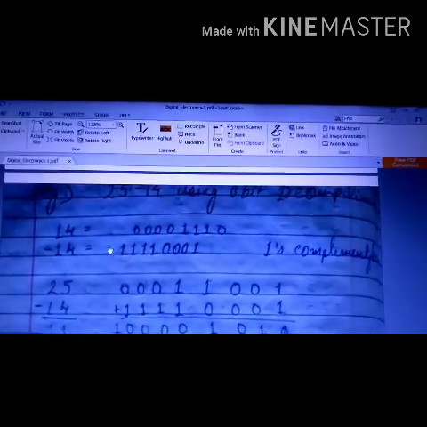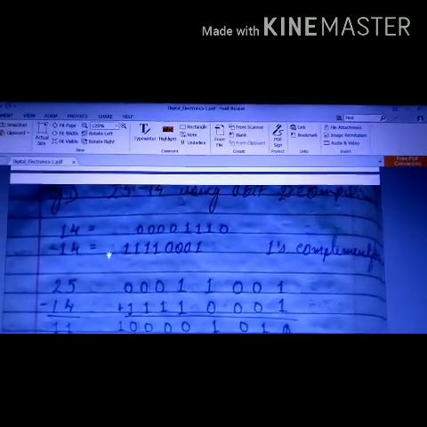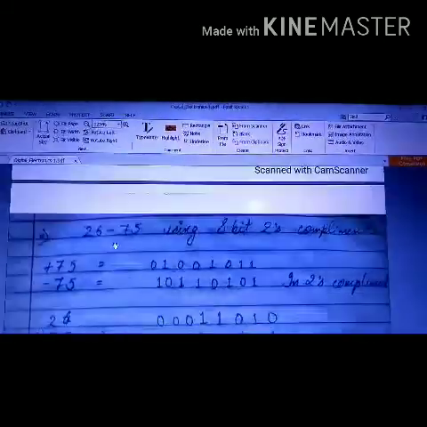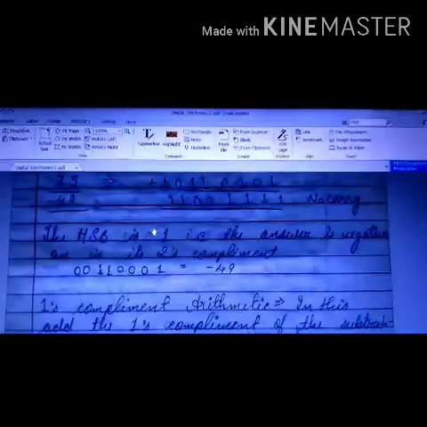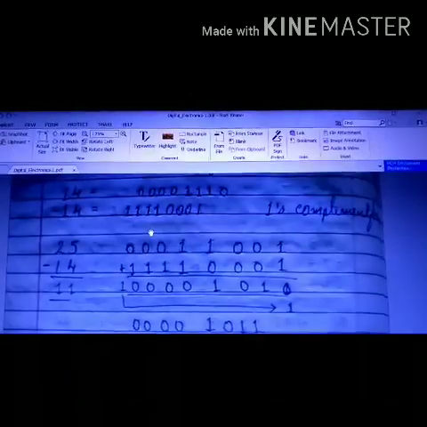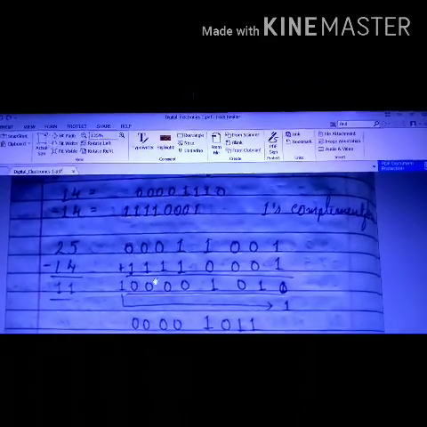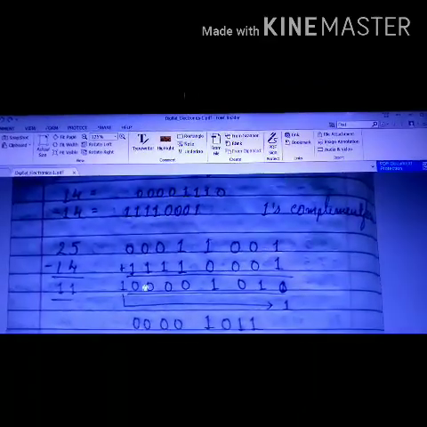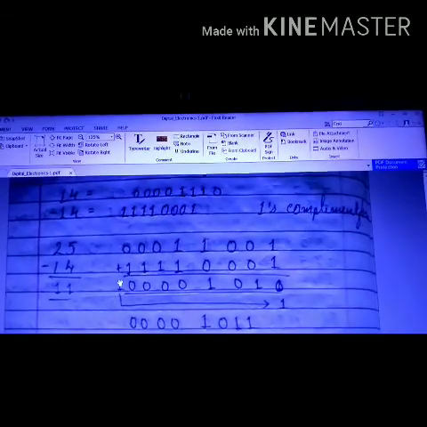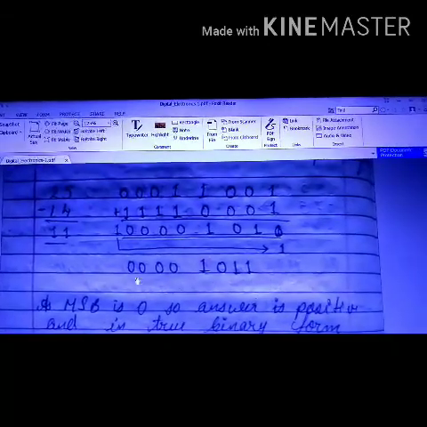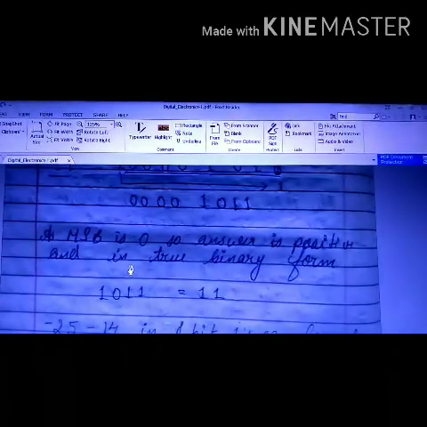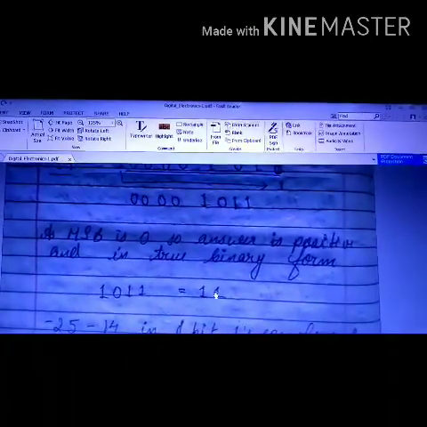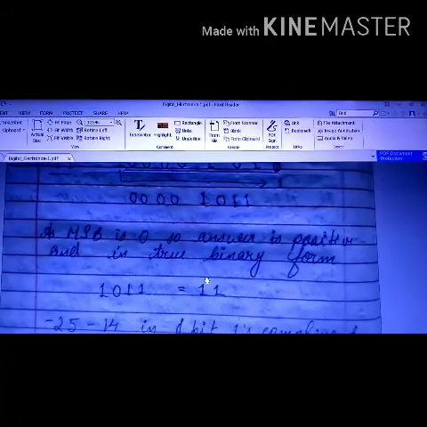Again, 25 minus 14 has been taken as an example. We will take out the 1's complement of minus 14 as shown here. You will see this is very different from the 2's complement of minus 14 which we were using here. Okay. So once we add minus 14 to the binary form of 25, we will get the answer here. Now this is an end around carry, it will be added to the LSB and we will get the answer. Now in the present case the MSB is 0, so the answer is positive and in its true binary form. So we will take this number and convert it, it will be equivalent to 11 in decimal form.